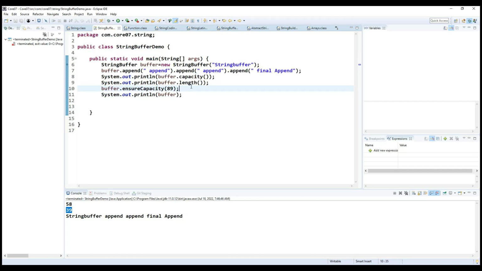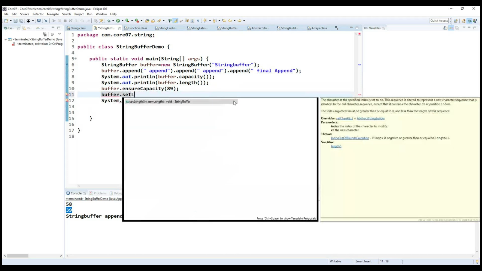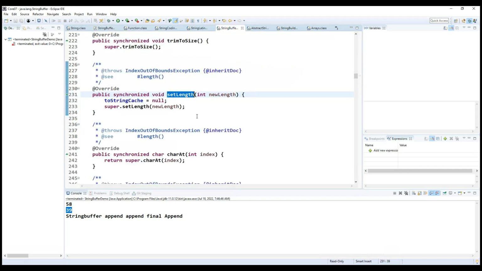Ensure capacity, we need to understand here. After this, length also we can set. We have one more method we can set for the length also. Set length here. Now whenever we are trying to set length, if I am going to give 45, observe carefully